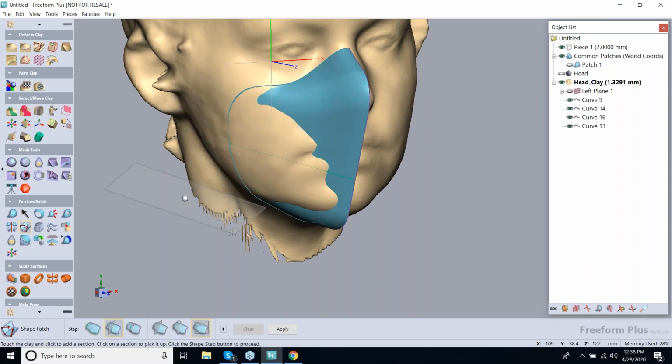I can highlight the patch. Then down in the Dynabar, it says Section Step. And really all I need to do is draw lines on this patch. So I'll draw one here and I'll draw one here. Then I'll go to the next step in the Dynabar,